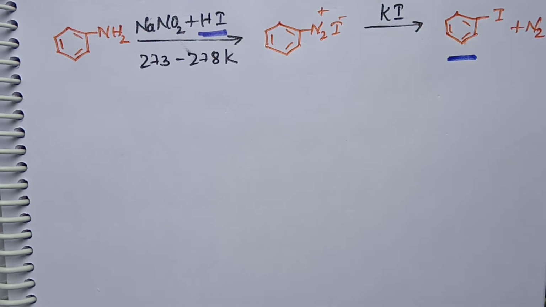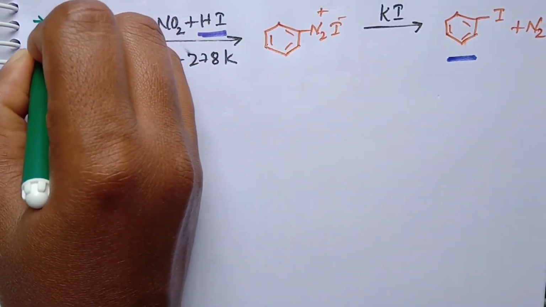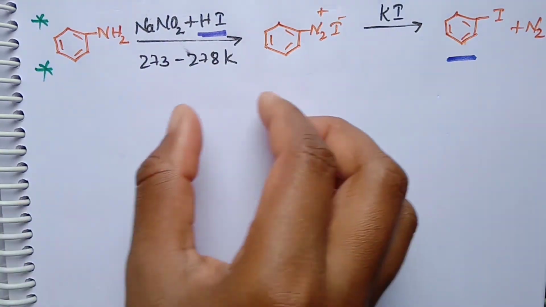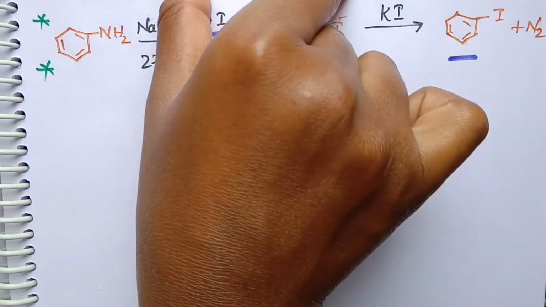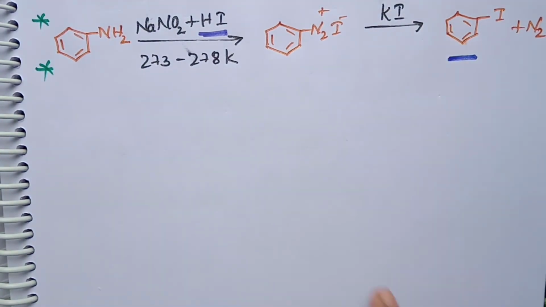Okay, these are the simple methods involved in the Sandmeyer's reaction, but here the use of KI, potassium iodide, is important. In the bromide and chloride cases, cuprous bromide and cuprous chloride are used, but here potassium iodide is used. This is an exceptional case and very important, and fluoride will not be used because it is a more reactive element. We have to remember these exceptional reactions. We can't use the above method regularly. Here we use potassium iodide directly.